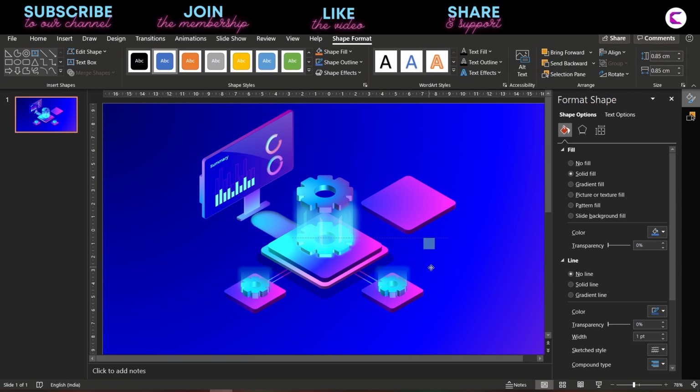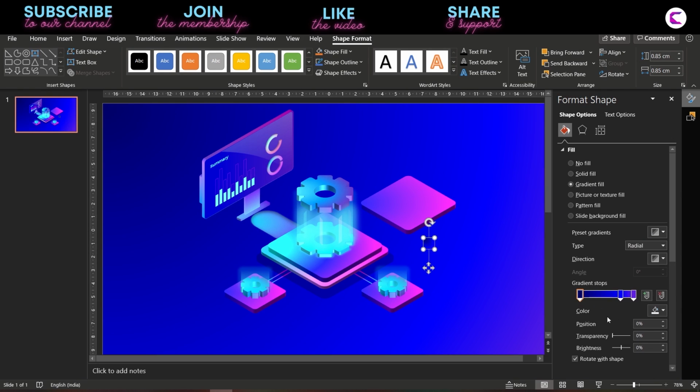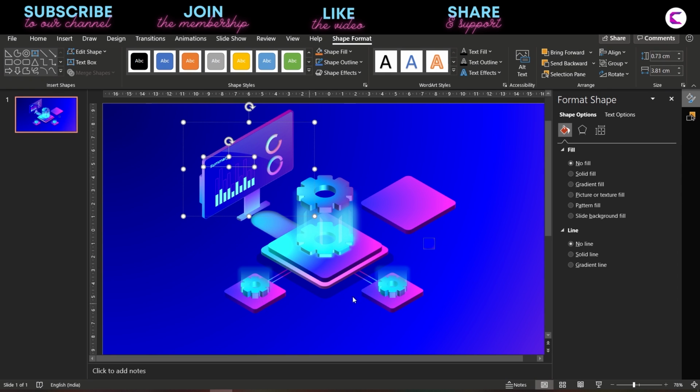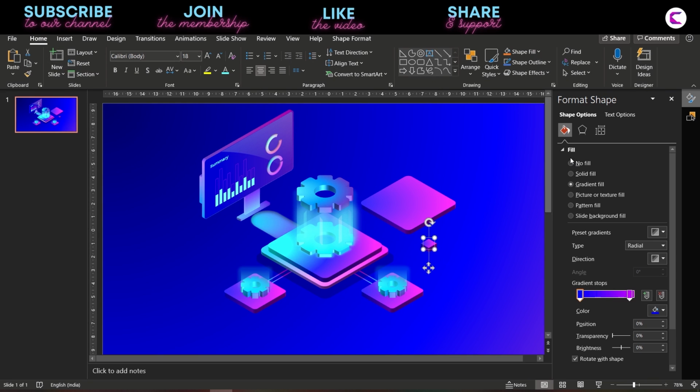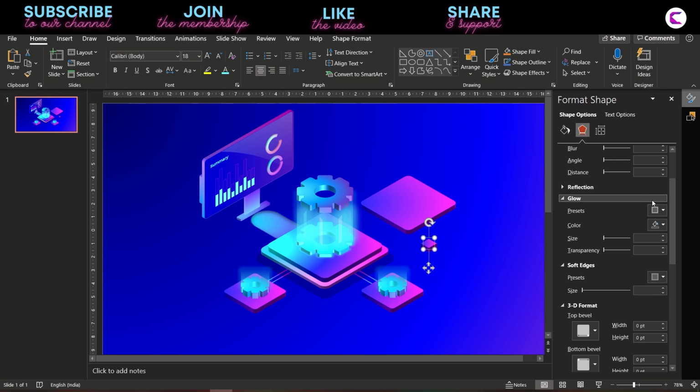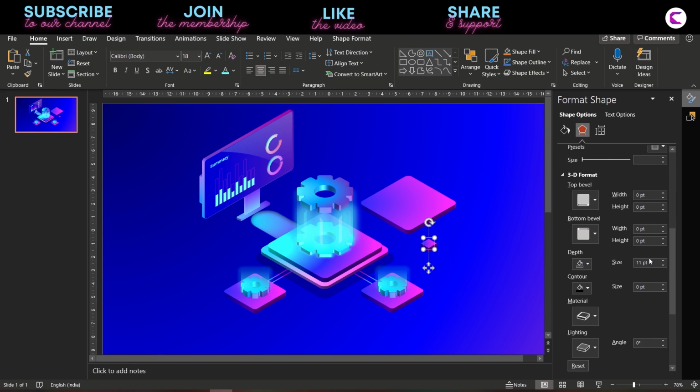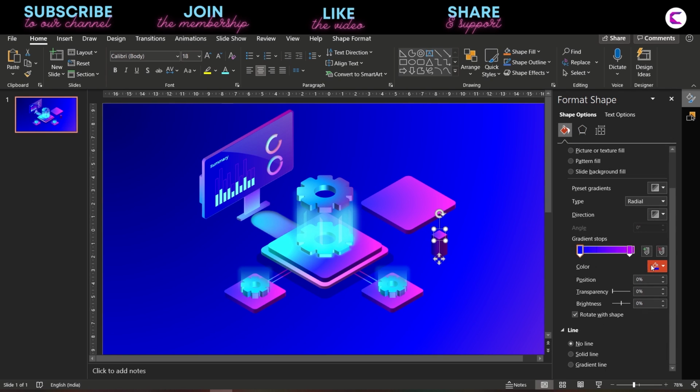And for that you need to insert this square, apply gradient fill, so here we have used format painter to apply the color of the base on this 3D shape, increase the depth, and now you can adjust the color. And place it here,